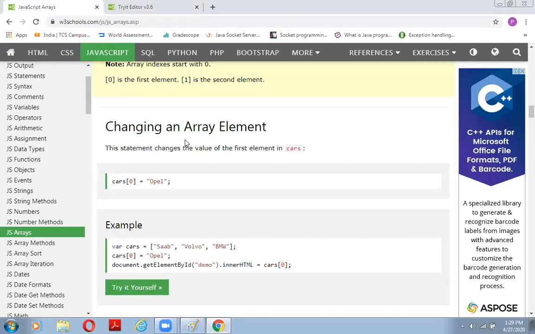How to change an array element? We have an array element at position 0, and we need to change it to Opel. How will it be done?